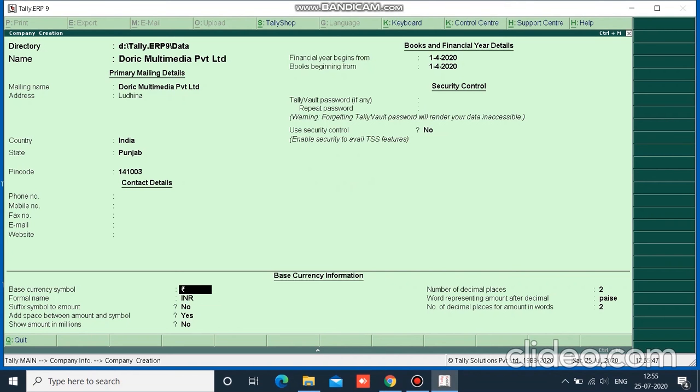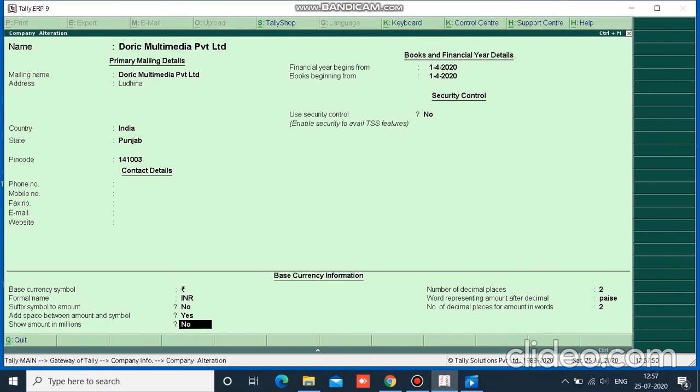We can change the currency symbol from here, or if we want to create our data in millions, or we want our reports in Tally to show the amounts in millions, then we can enable this option. And then comes the number of decimal places.